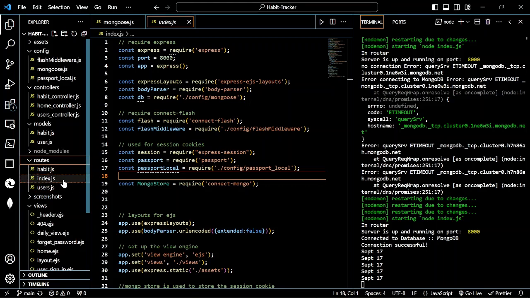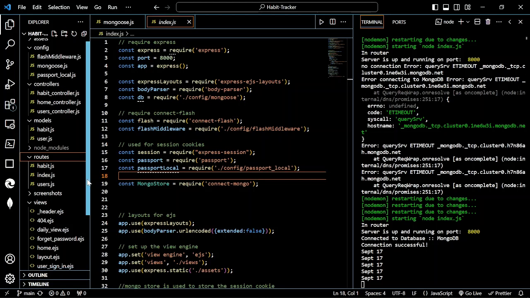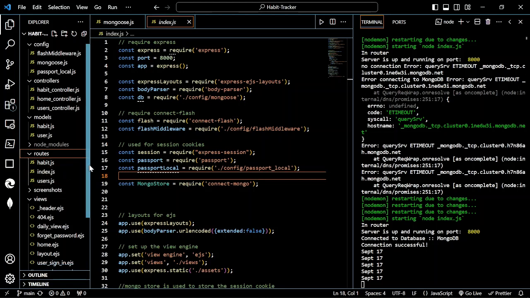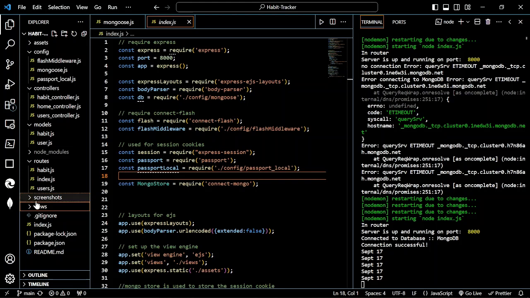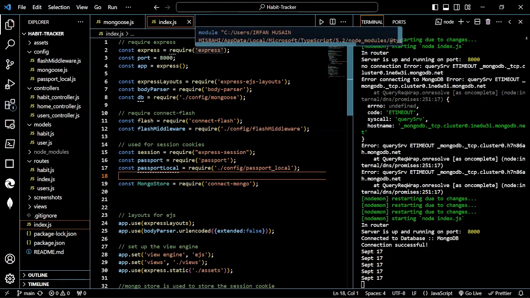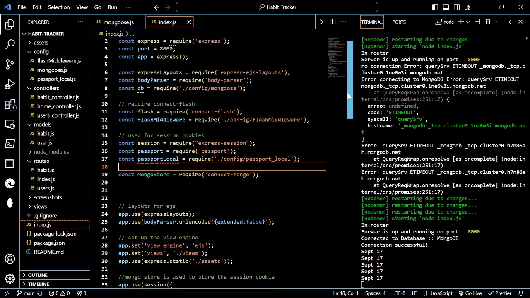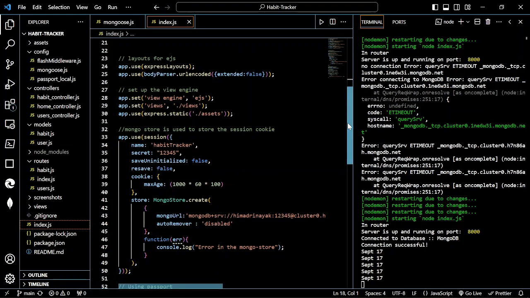It contains the main index.js. index.js is the main root file, and the other is habit.js and user.js, and the EJS template views for rendering the HTML elements. The main index.js file is the starting point of this web application. It is requiring Express, it is using the Express library. Okay, that's all about this application.